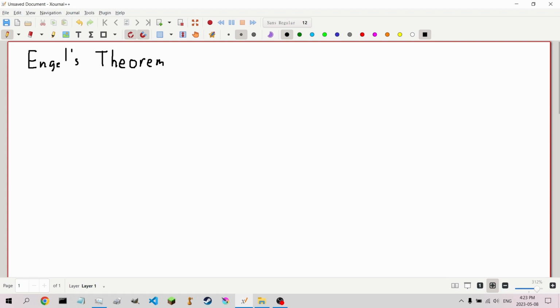So, what is Engel's theorem? Well, we have a lemma. I'm going to let V be a vector space over K, which is our field. Then, if X is a nilpotent endomorphism,